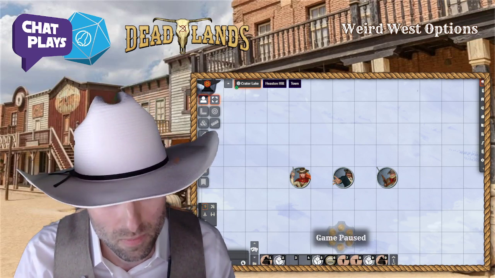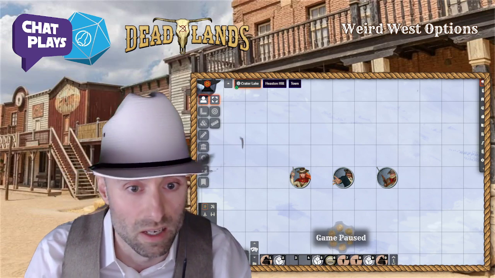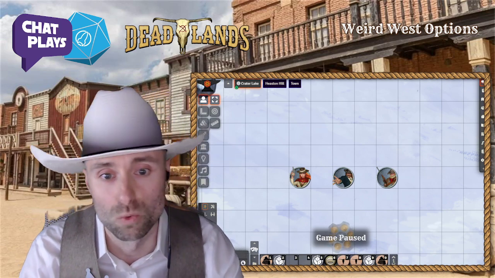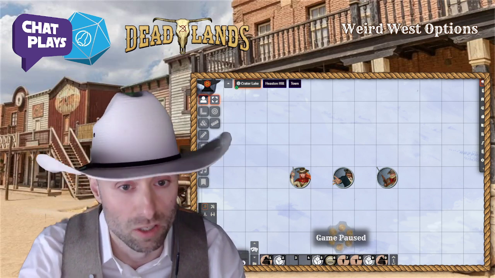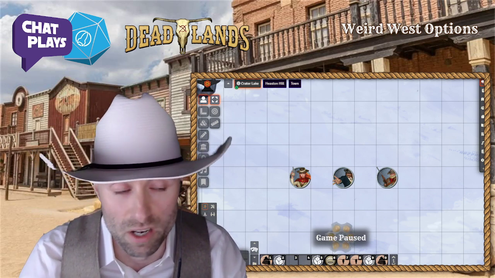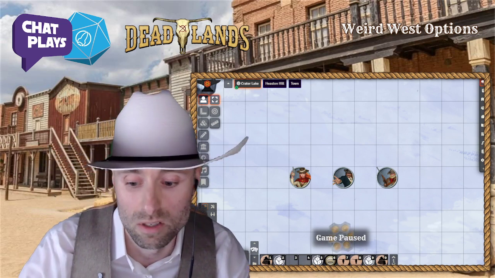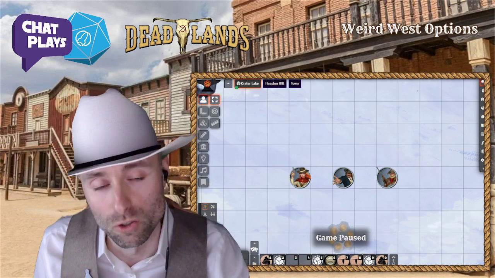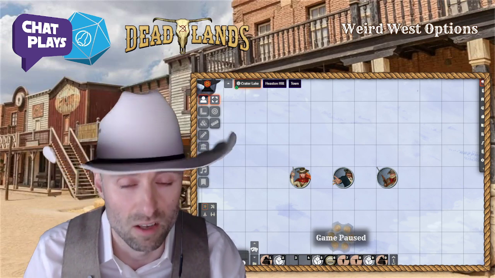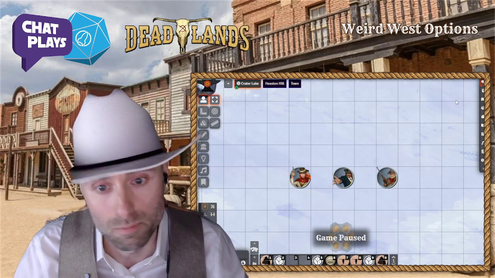So, if you are unfamiliar with Deadlands, it is a setting for the Savage Worlds system. Essentially you'll be rolling dice that represent the characteristics of your character. And one very exciting thing about Deadlands Savage Worlds is that those dice can explode. If you get the top number, the highest number on a die, you can continue to roll and keep going